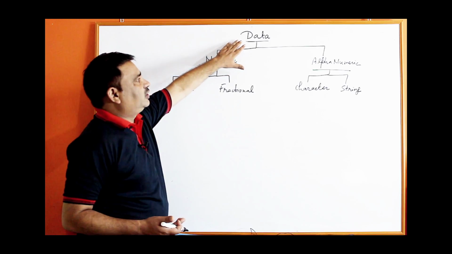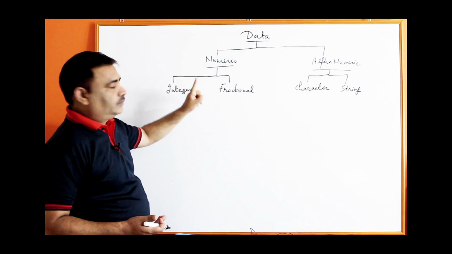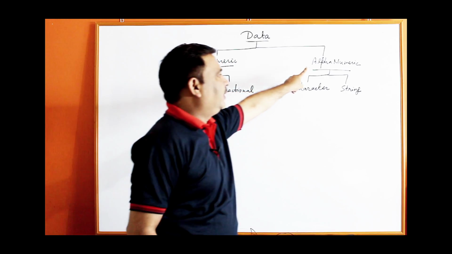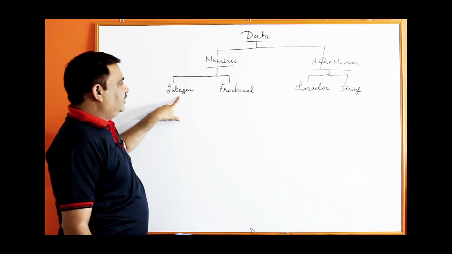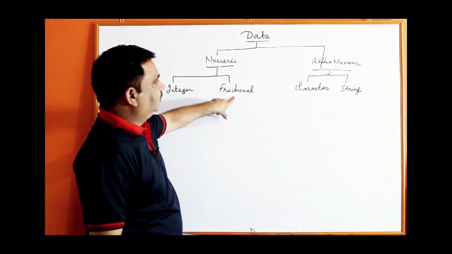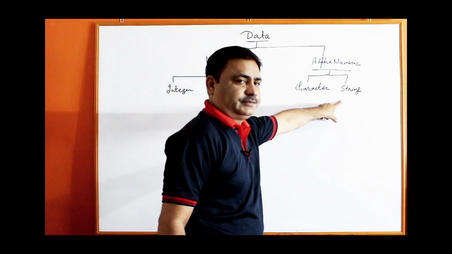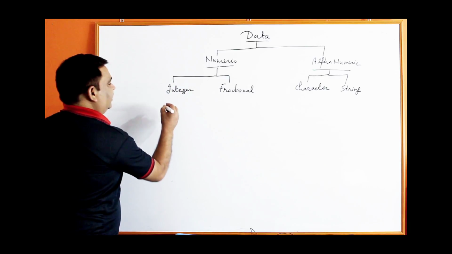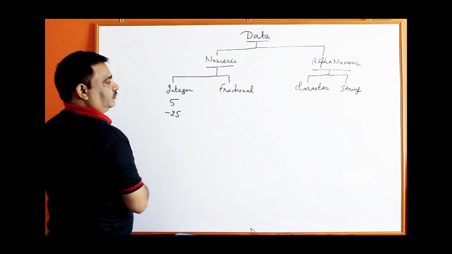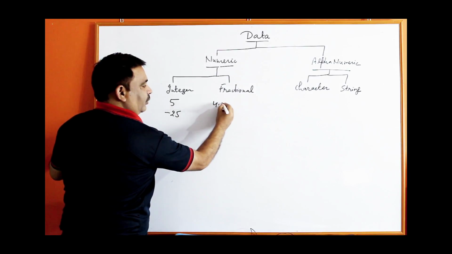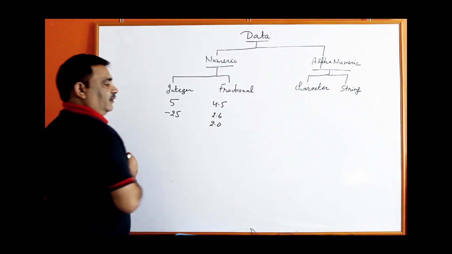So first of all I am going to explain the data. In Java, data is of two types which you can use, numeric and alphanumeric. Numeric data is also categorized into two parts, integer and fractional, and alphanumeric data is categorized into two parts, character and string. Now what is integer? Integer is a value without decimal points, like 5, which may be a negative or positive value. Fractional is a value with decimal points, or floating data, we can say. Even 2.0 is a fractional value or floating value.